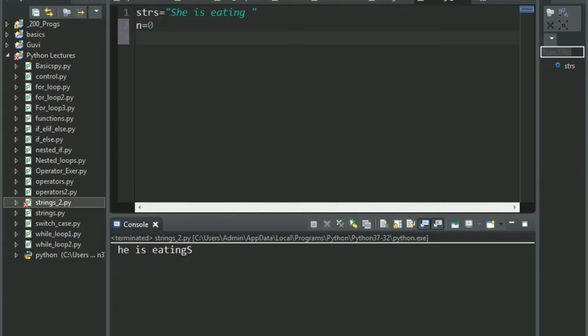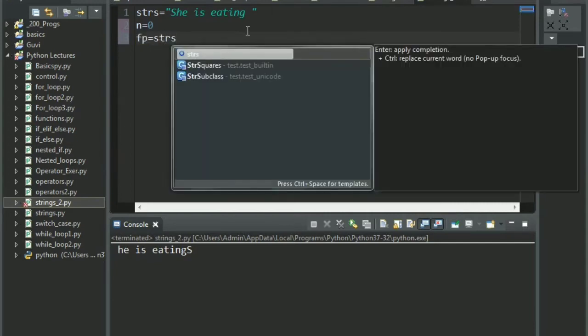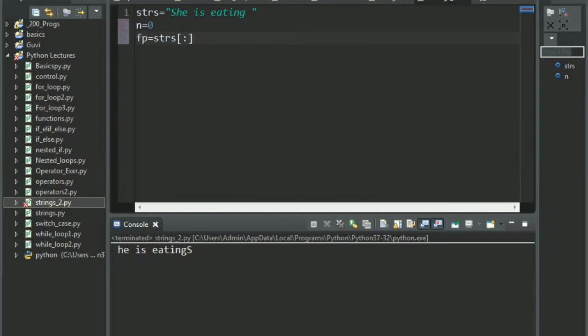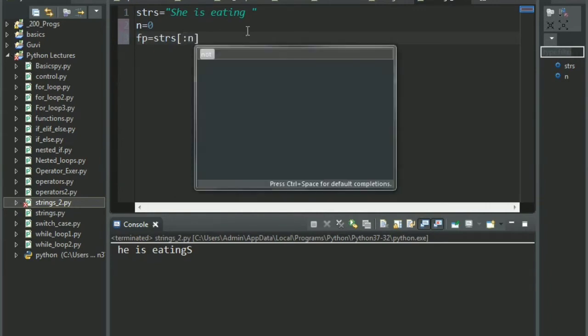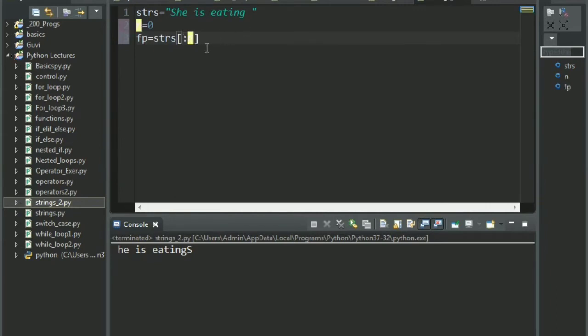Now I'll say in a variable fp, that means first part, I will store strs of colon up to n. Now what does this mean? You will start from the 0th character and end at 0.